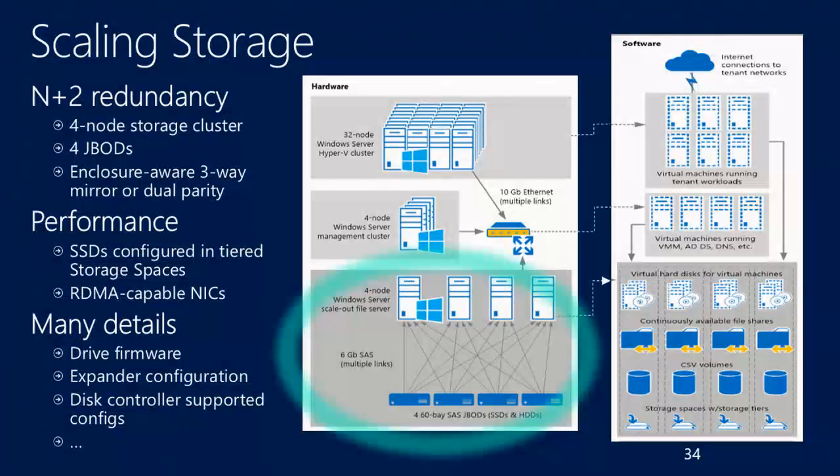It gives you the ability to give the performance you need, because remember, when you fail over, you also need to have the capacity to do the workload remaining. But it also gives you the ability to survive a JBOD failure. So we've been looking at different configurations, and for example, with storage spaces, we're able to give it cabinet-aware configuration,